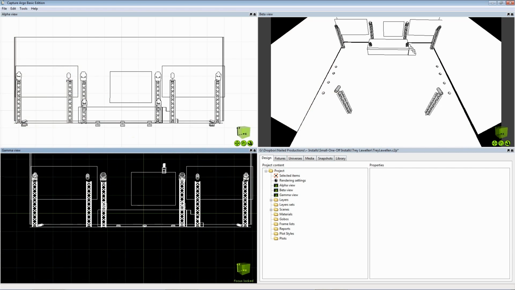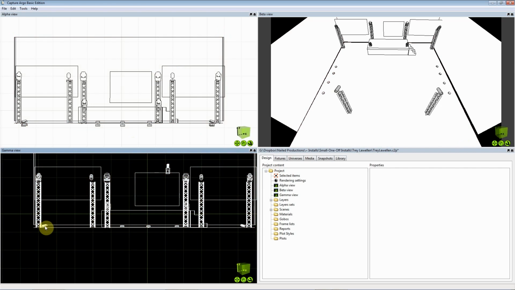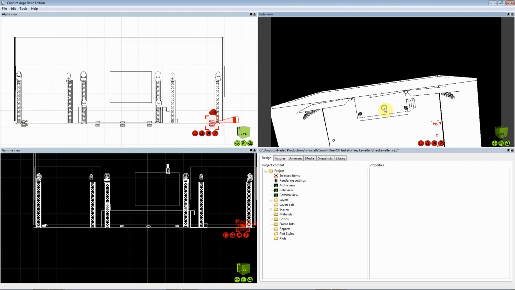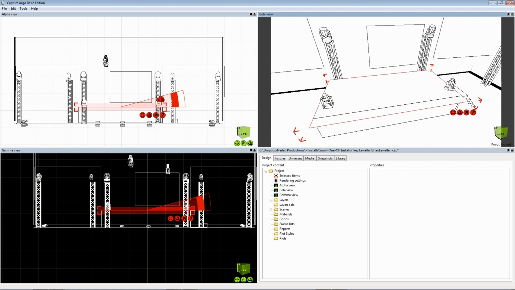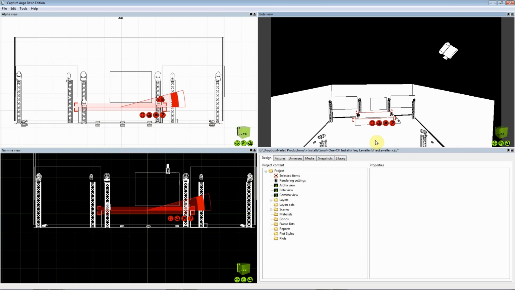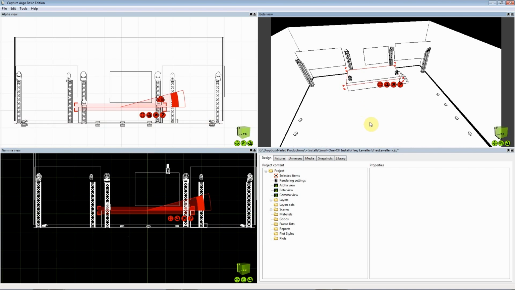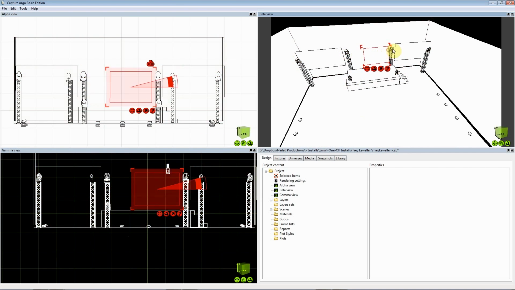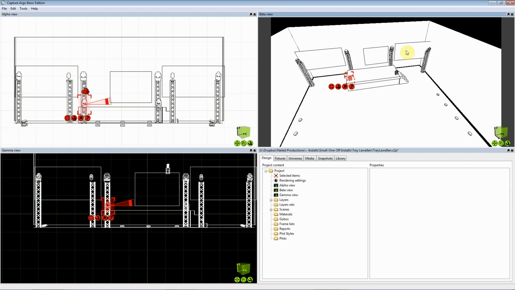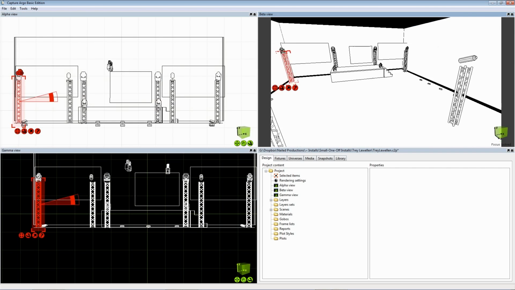What am I trying to get done? There we go. So these guys over here are on one wall, and these guys are on another wall, and then these three along the back here. And then it's got a stage, and I'm kind of debating the two placements. I've got 4 beams and then 2 washes. I'm debating if I should put the 4 beams all on the